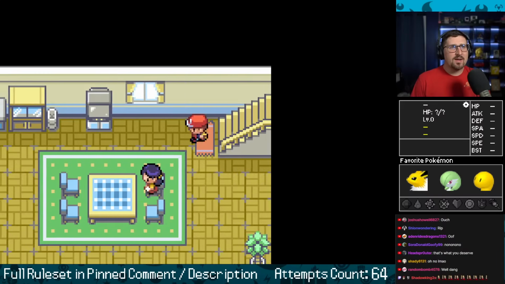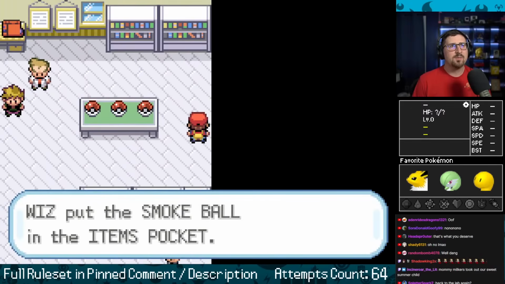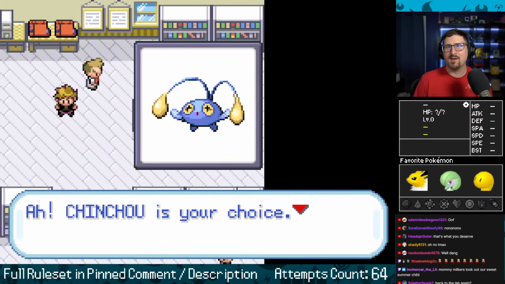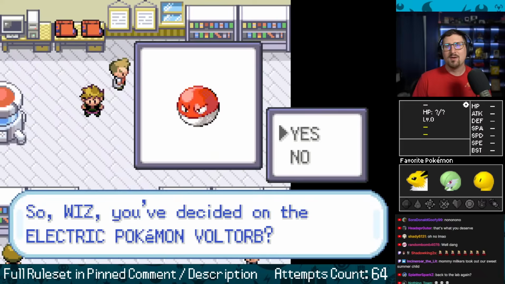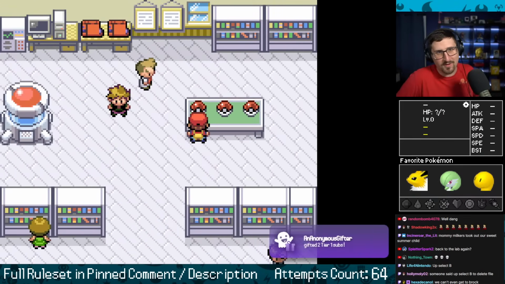All right, one more run out of the lab, and then that is it for the night. I probably should have stopped there, but it was too disappointing. Oh, Smoke Ball. That's actually super useful. That gives us guaranteed pivoting. Yes, I can whoop on that. Wait, guys, if I go 4 for 4 on lab escapes, that might be a world record.